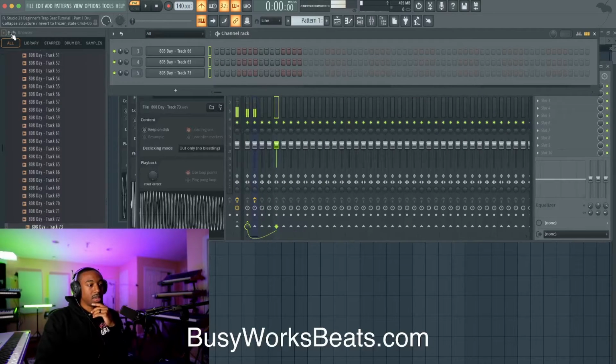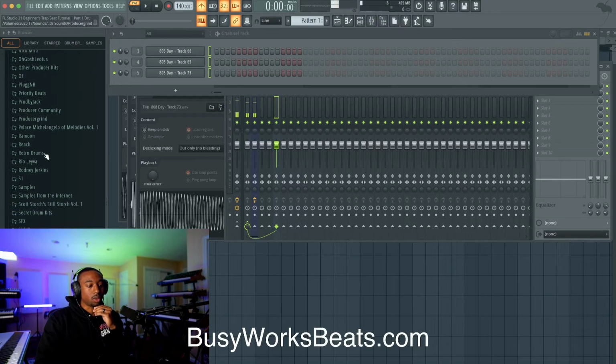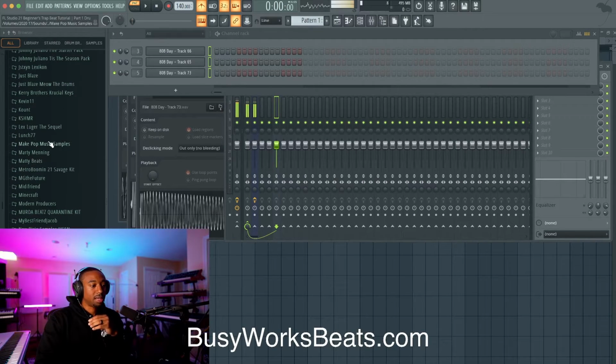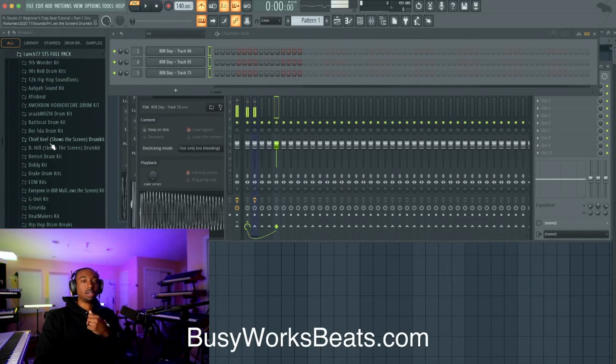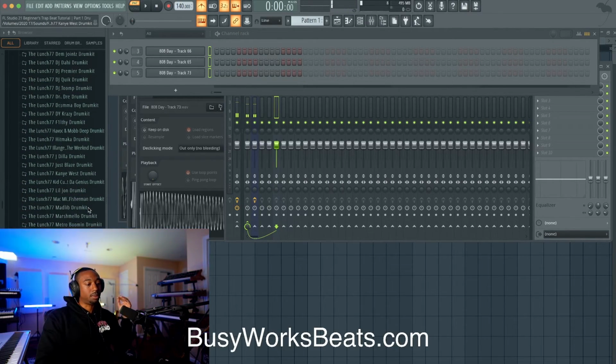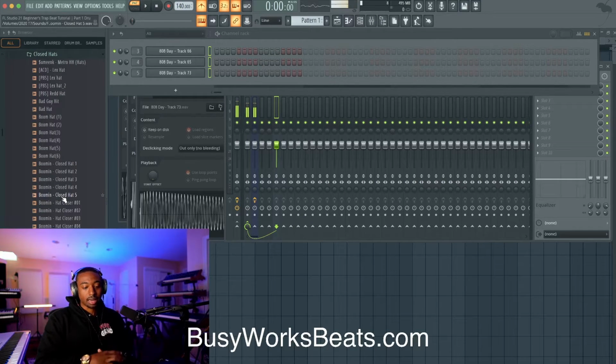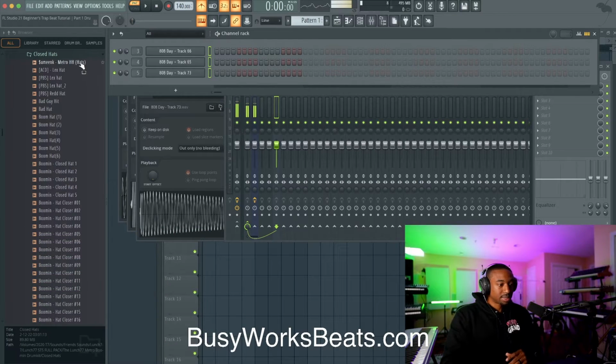So the next thing about trap is the hi-hats. It's very specific. It's a synthetic hi-hat. It's not an acoustic hi-hat. What I mean by that is we're not playing a drum kit and playing acoustic drums. We're playing synthesized sounds, and it has a whole different vibe than acoustic. Trust me, I've tried before. My mentor is a crazy drum player, and we tried to make a drum pack one time, and it just sounded not like trap. So the next thing we need are hi-hats.